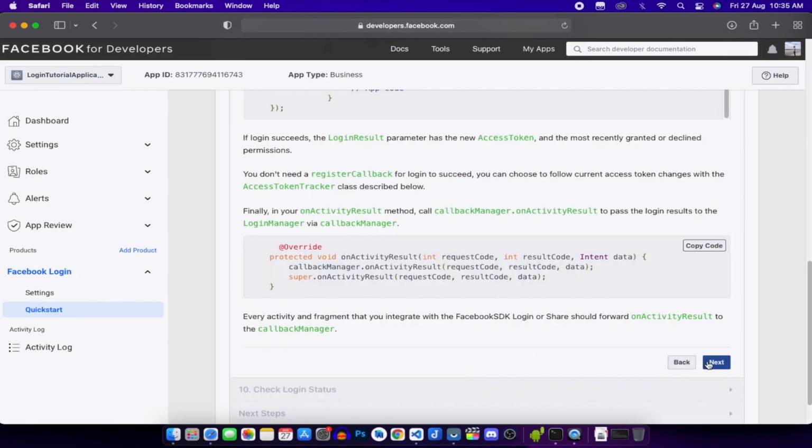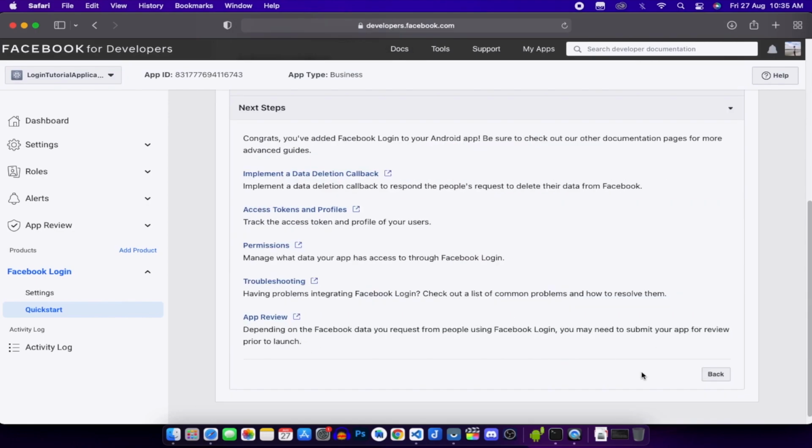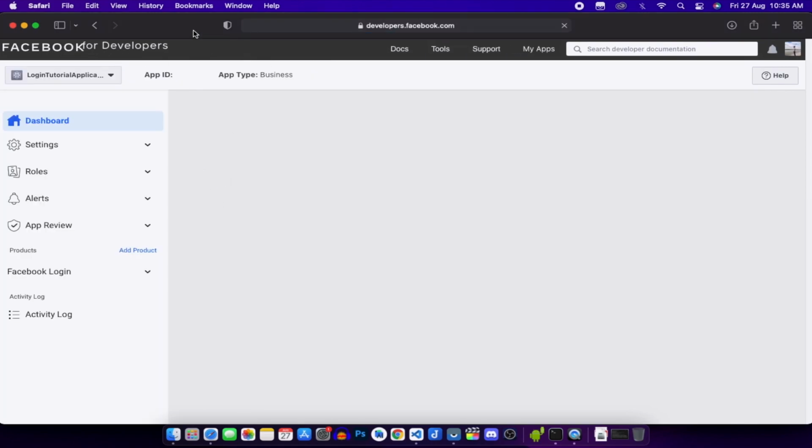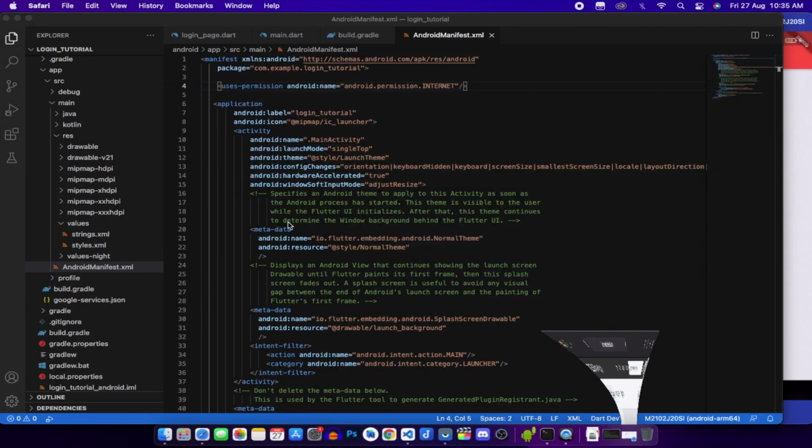We don't need to return this callback and all. Just click on next, and we're good to go. Let me go to my dashboard again, and here we have implemented our application into our project.